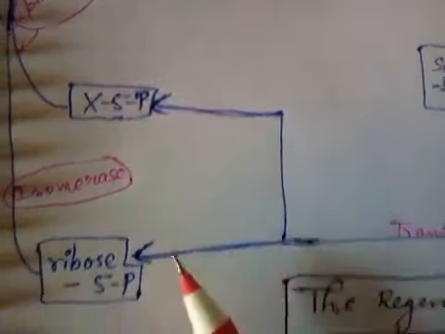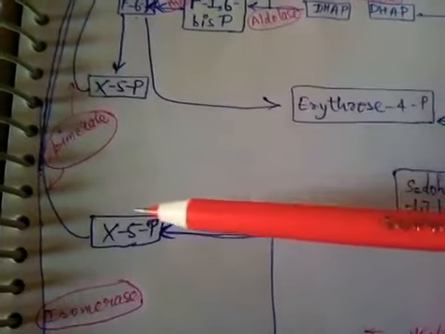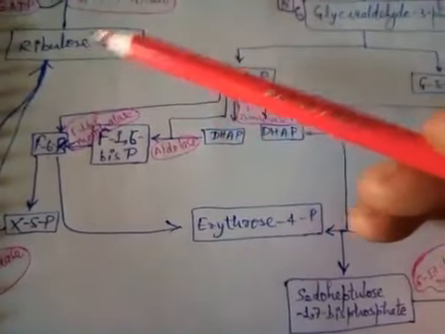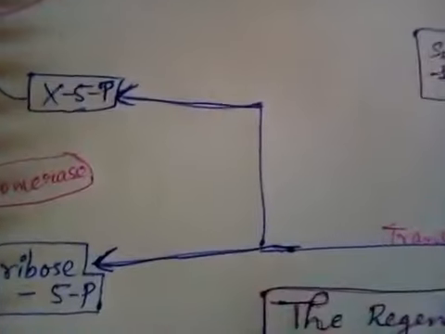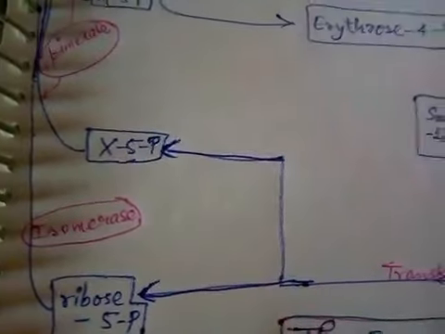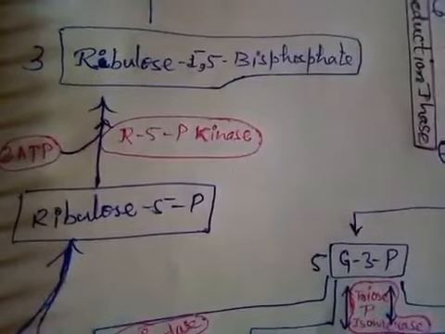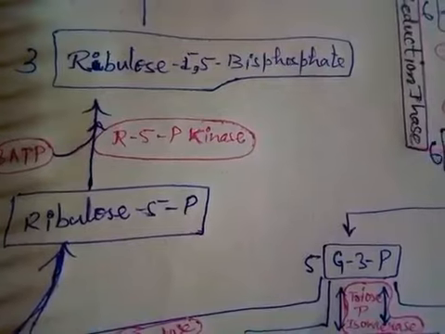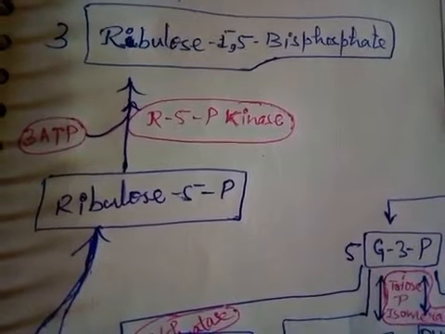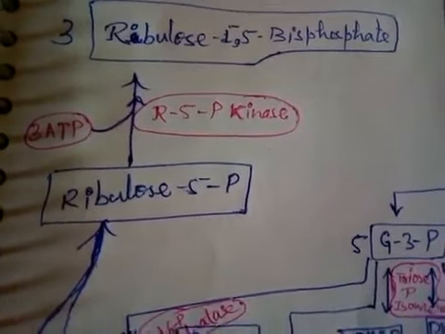and is converted into 2 5-carbon molecules. First one is the xylulose 5-phosphate and second one is the ribose 5-phosphate. Now, xylulose 5-phosphate in the presence of enzyme epimerase is converted into ribulose 5-phosphate, whereas ribose 5-phosphate is converted into ribulose 5-phosphate in the presence of enzyme isomerase. Further, this ribulose 5-phosphate is converted into ribulose 1,5-bisphosphate in the presence of enzyme ribulose 5-phosphate kinase at the expenditure